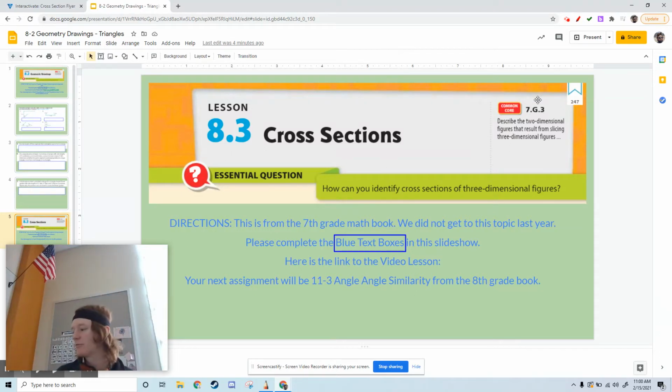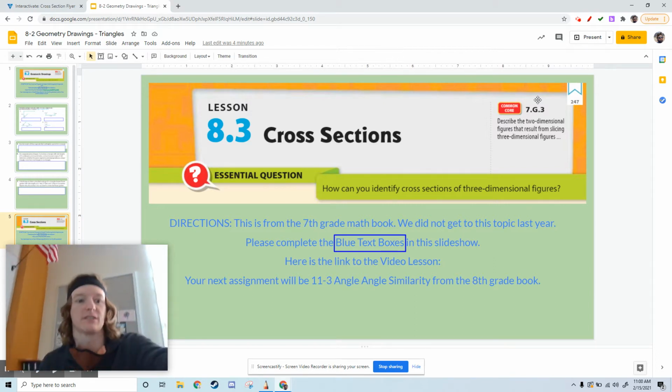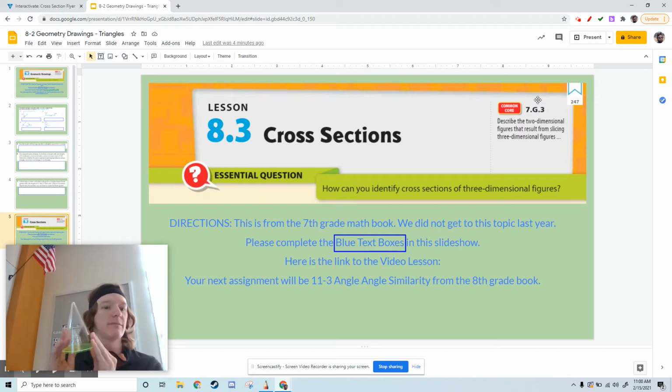All right, in this next lesson, we're going to do 8.3, also from the 7th grade math book. And in this section, we're going to talk about cross sections. So what a cross section is, you take a 3D shape, for example, we take this cone, and we take a two-dimensional plane, like a sheet of paper is almost a